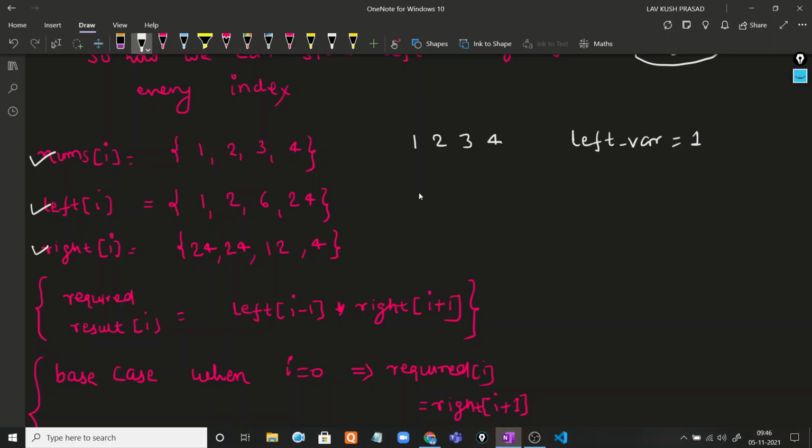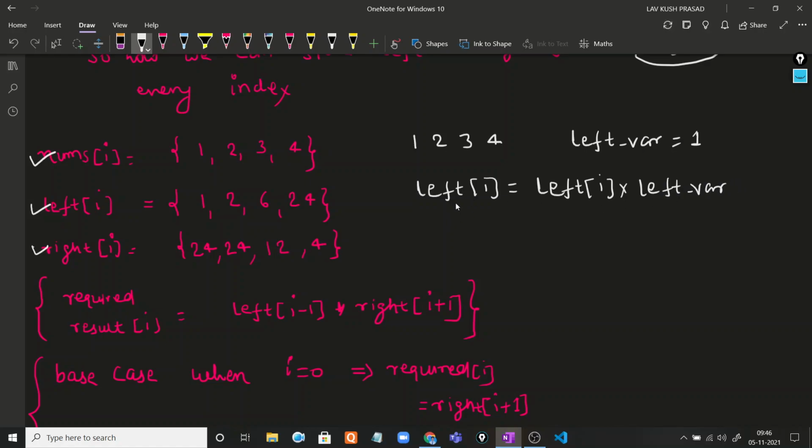For the particular index, left[i] is equal to left[i] into left var, right?